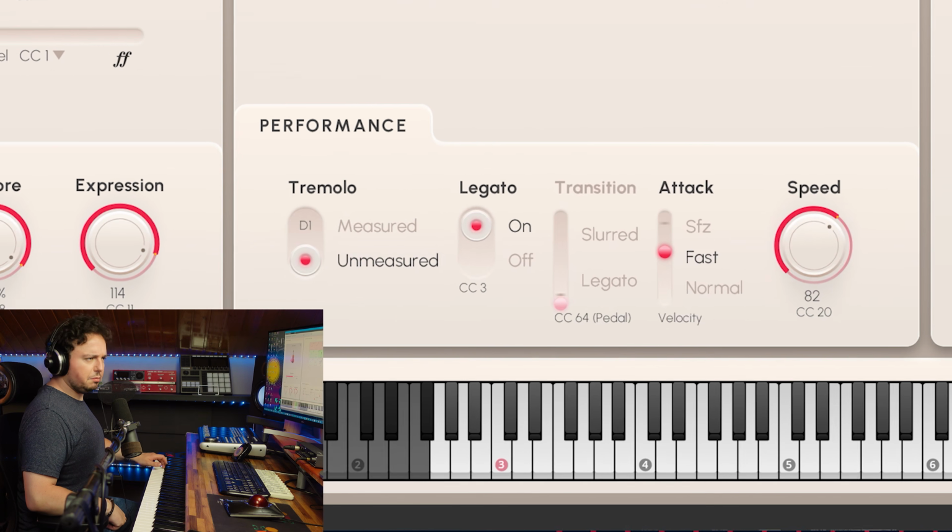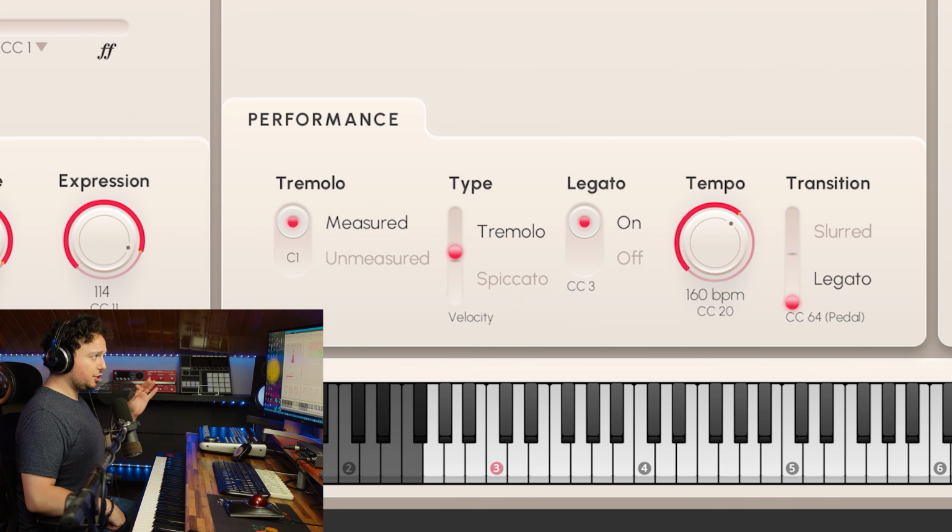This is beautiful. The tremolos, both unmeasured and measured, can have legato on or off.